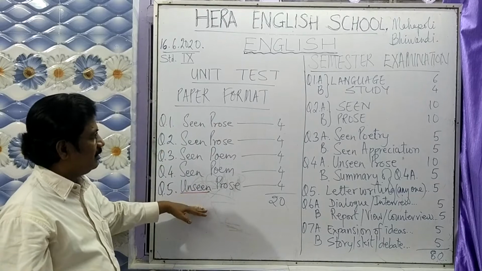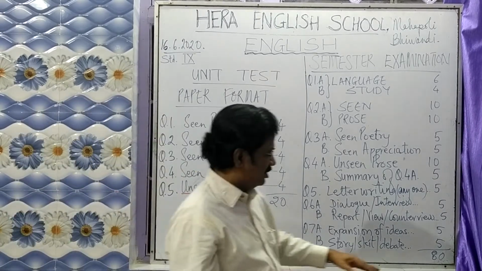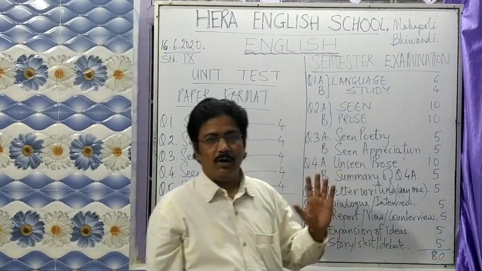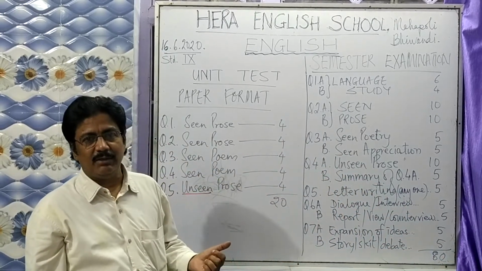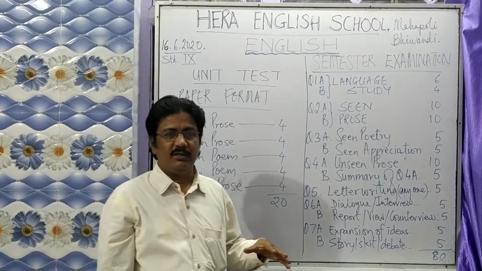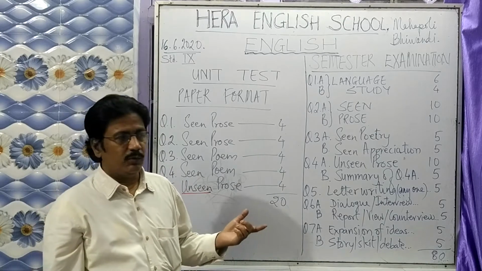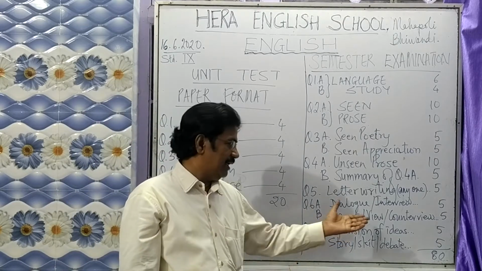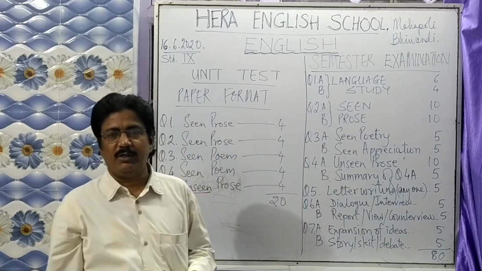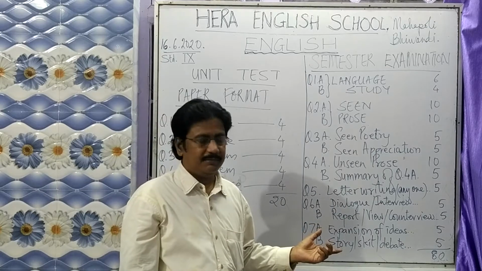And this is it. Now I'll move on to the semester examination, where it consists of 80 marks on paper. And 20 marks will be the internal examination, where we shall be taking various other different types of tests, written and oral, where it will take you 5 marks each, and we shall be calculating those 80 plus 20 internal assessment, and that will be making a total of 100 marks.